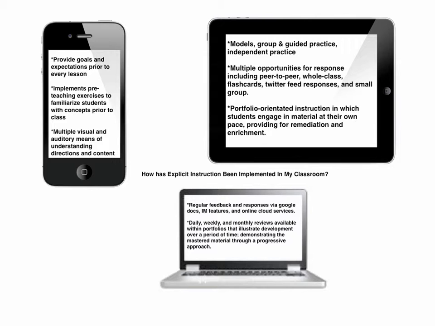I've really gotten into the digital means. At my class at St. Joe's, we actually have iPads, which allow us to use Twitter feed responses. We could use Padlet. Multiple opportunities for anonymous questions,